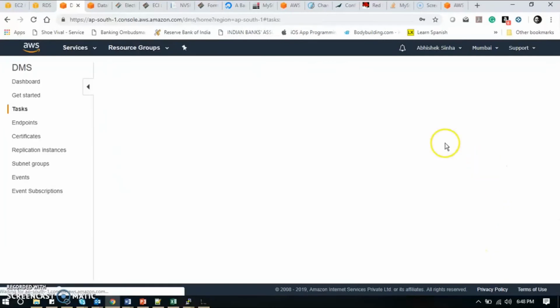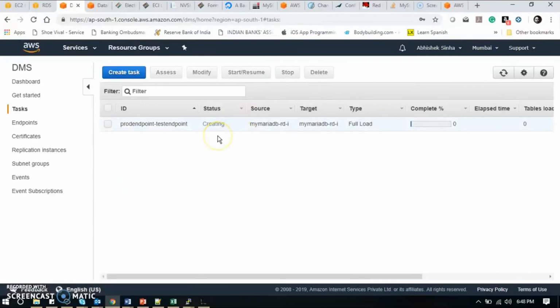And then once I create this task, it will start on its own, because if you remember, I have checked the option where it says upon creation of the task it will automatically start. So now the task will start, and in the meantime I will wait for its completion.